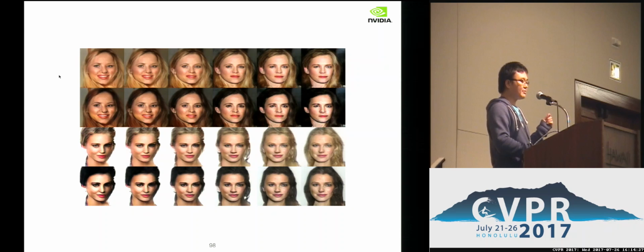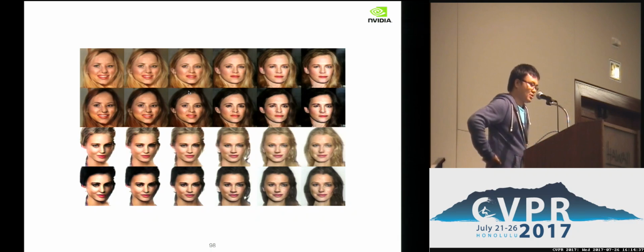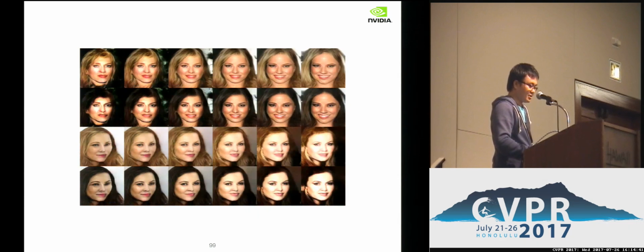You input a random number z, and it will be mapped to two face images, one with blonde hair, the other without blonde hair. Again, changing the z, you have the change in correspondence. See another example. So this is all done in the unconditional setting, from z to a pair of images.